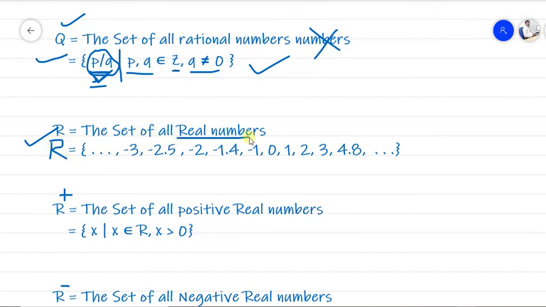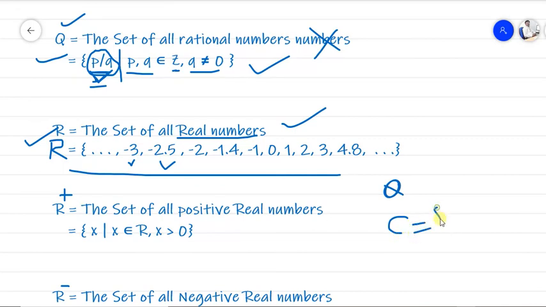So we'll see the next set, that is standard capital R, and capital R is nothing but the set of all real numbers, including decimal float numbers and integer numbers. So including all the numbers, positive and negative, that becomes our real numbers. Non-real numbers means, you know, we have complex numbers. For example, C is the set having square root of minus 1, square root of minus 2. Except these imaginary values, whatever remaining elements we put in one set become our set of real numbers.